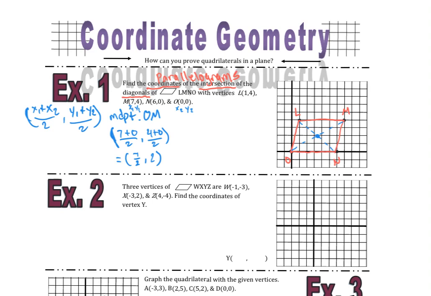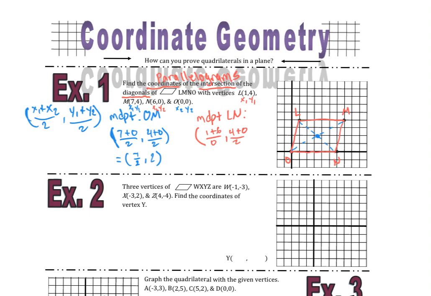Now, if the diagonals bisect each other, then that should be the same midpoint for LN. So let's check. What's the midpoint for LN? Let's do a different color here. Midpoint of LN. Again, use the same formula. So this time using red, this will be my x1, y1 up here. This will be my x2, y2. Let's plug it into the formula. We get 1 plus 6 over